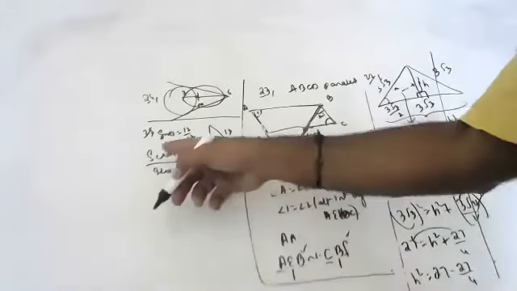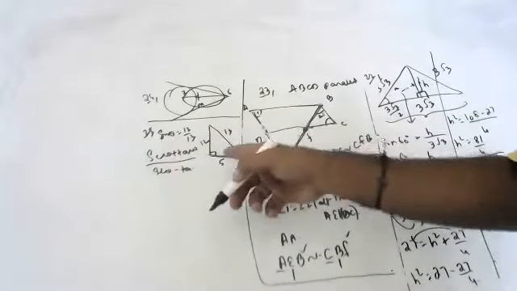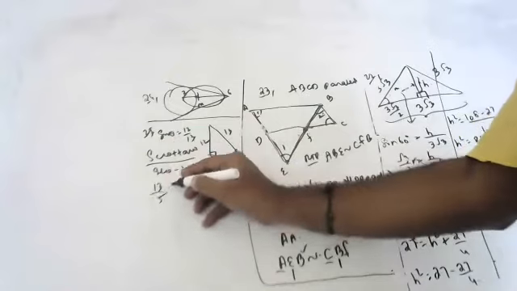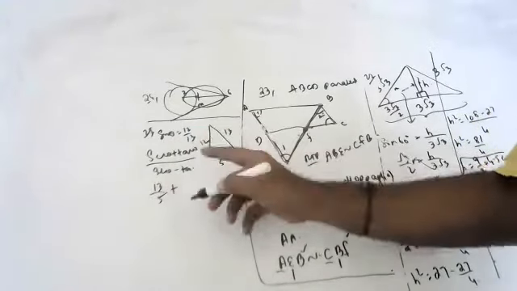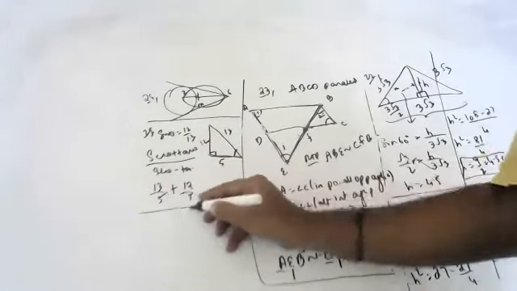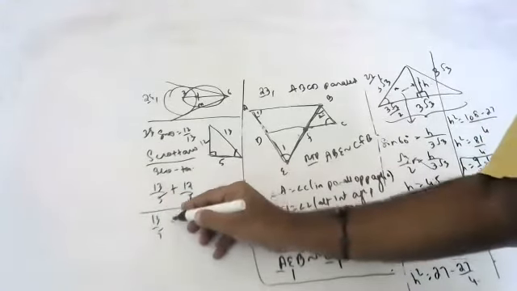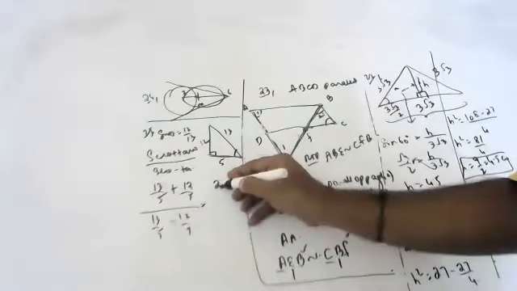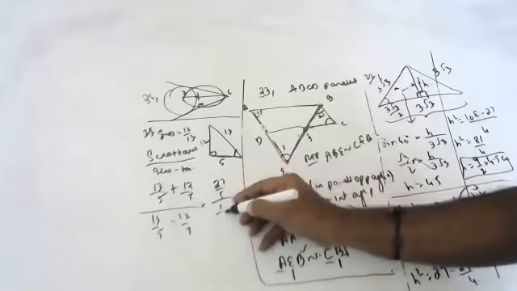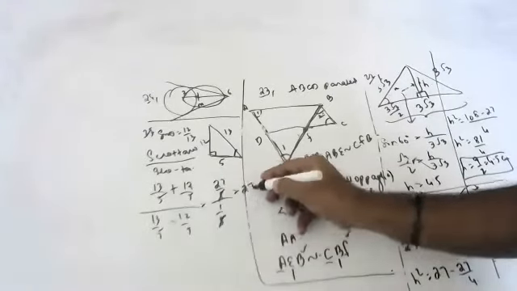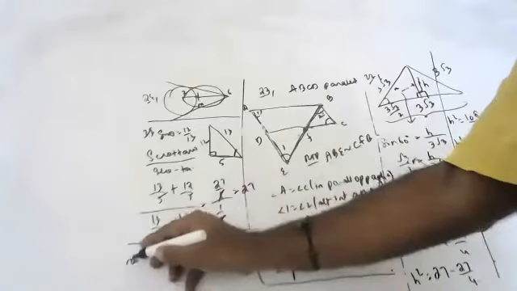Can anyone tell the secant theta formula, children? Hypotenuse by adjacent: 13 by 5. Can anyone say tan theta? 12 by 5. So 13 by 5 plus 12 by 5 over 13 by 5 minus 12 by 5. This is 25 by 5 over 1 by 5. The 5s cancel. 25. That's all. Easy sums, children.